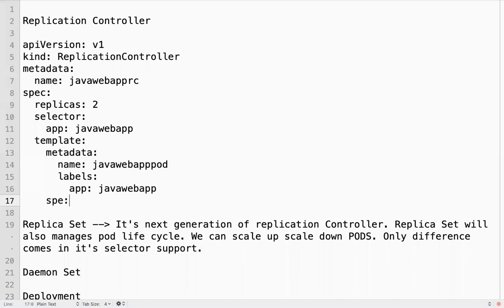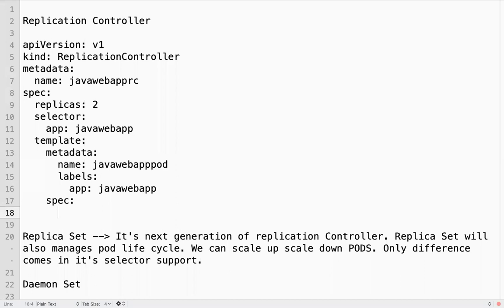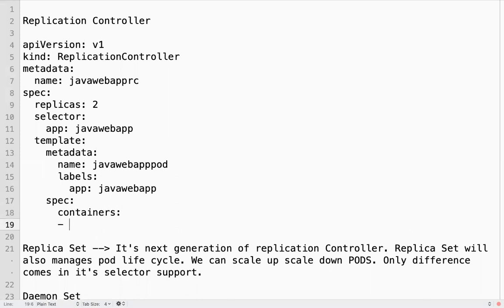Then your pod specification, your containers information, your image name, container name, port mapping, all those details.